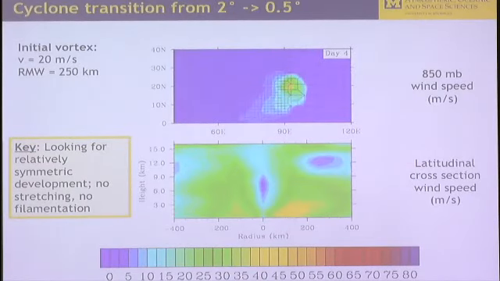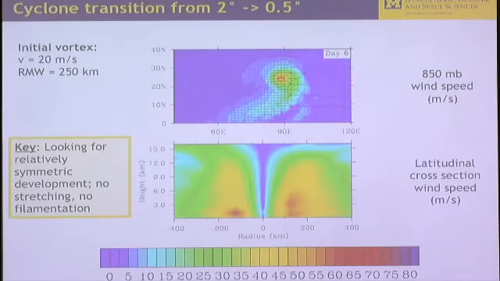By day 4, though, we are now in the interior of that transition region, so we're starting to feel the effects of the high resolution region. And we're beginning to see a little bit of intensity evidence up here. This is an 850 millibar cross-section of the wind speed, lat-long. And then down here, this is actually a height cross-section through the vortex center. By day 6, we've now moved that vortex almost fully into the fine region, and we begin to see some pretty rapid intensification. We're beginning to see our nice symmetric